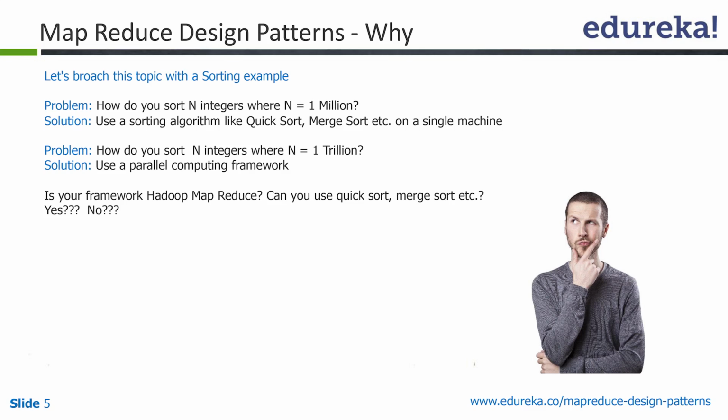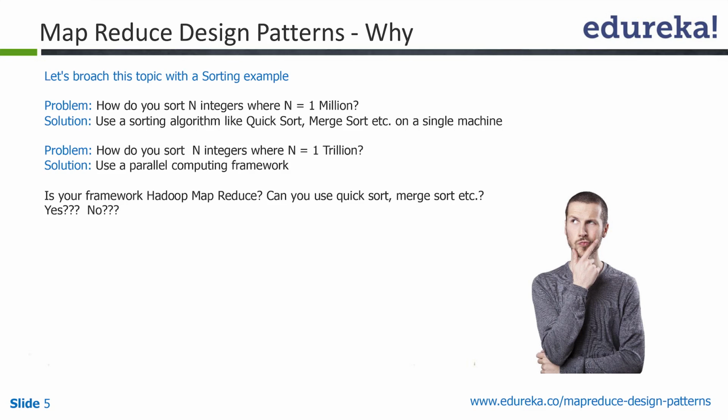But now the problem is, if you have data which is 1 trillion records, of course you cannot sort that on a single machine. You'll require a parallel computing framework like MapReduce. But the question is, can you directly use quick sort on this framework? The answer is no, because the very structure of this MapReduce framework would not allow you to do that. Saying that it won't allow you is wrong, but for example, see,